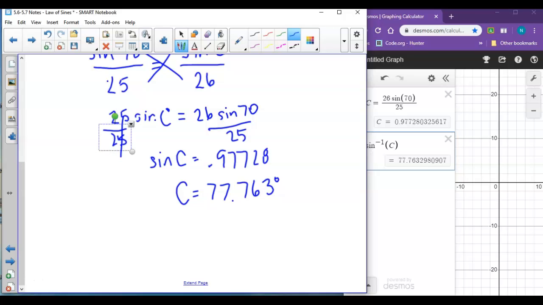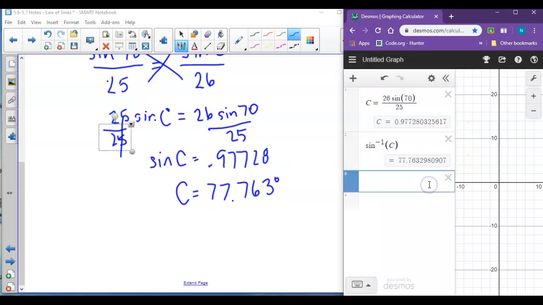And so that is one of the answers for angle C, but we have to check to see if there is another answer. So basically, anytime you're doing law of sines and you have to do inverse sine, you always want to check to see if you can have an ambiguous case. To check for ambiguous case, you're just going to take 180 and subtract that number that you just got, the 77.763,